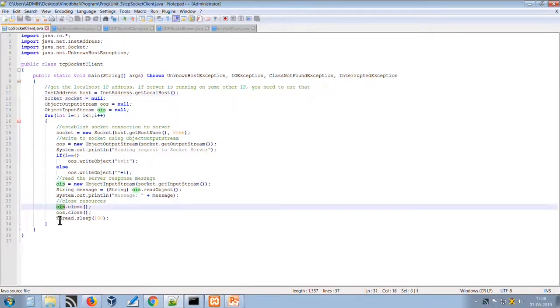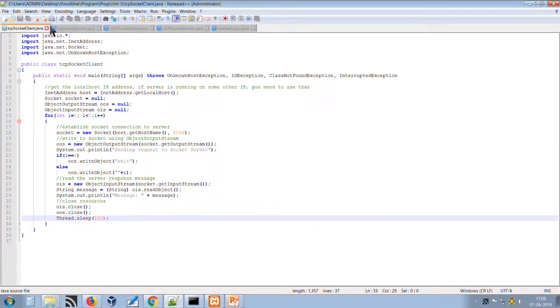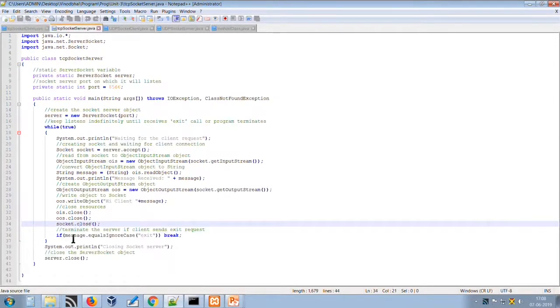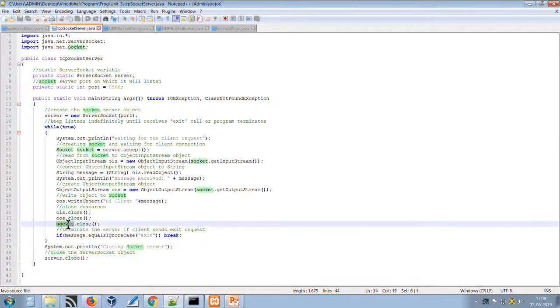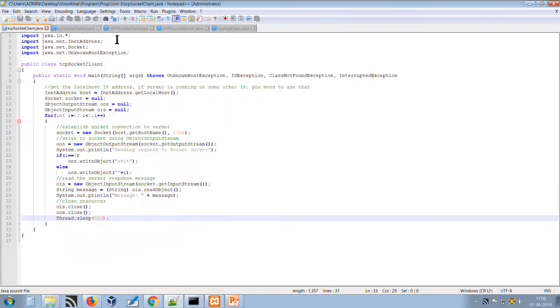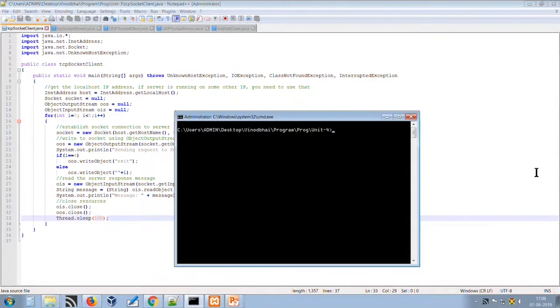Here we are closing all the instances we have created, and then it sleeps for a millisecond, and at last we close the server instance, that is, the server socket and client socket. In the same way, let us first test the program to see how it is going to work.